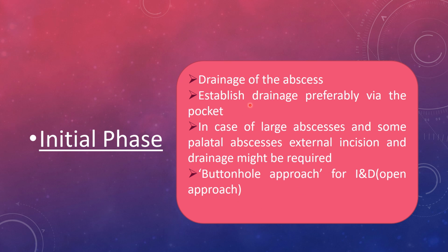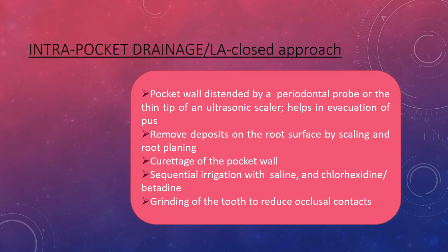When it is draining through the pocket, it is the closed approach, and if it is draining through an incision, then it is called open. So that is the intra-pocket drainage, closed approach. The pocket wall is distended by a periodontal probe or the thin tip of an ultrasonic scaler, which helps in evacuation of pus. Then remove deposits on the root surface by scaling and root planing,